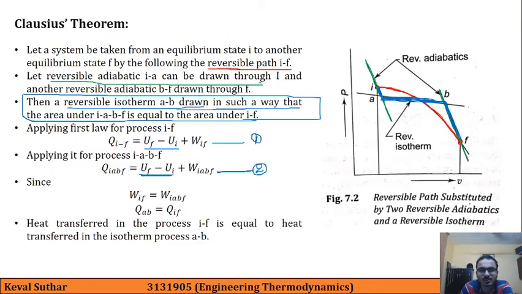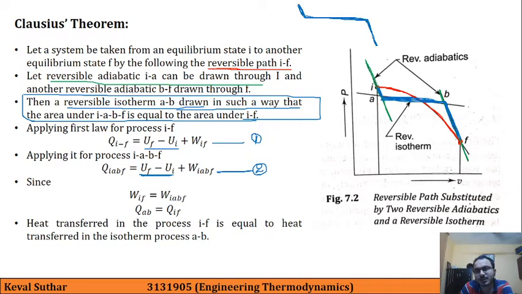So what is the meaning of this? If you see carefully, the replacement that we are having for this red curve, that is our original reversible path, is in this way. We have this kind of replacement here, that first we are having this as an adiabatic process, then we are having this kind of isotherm, and then again we are having a reversible adiabatic in this way.